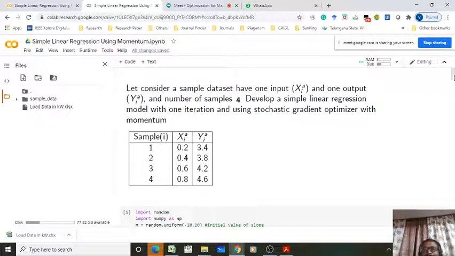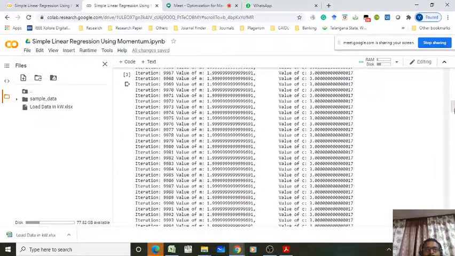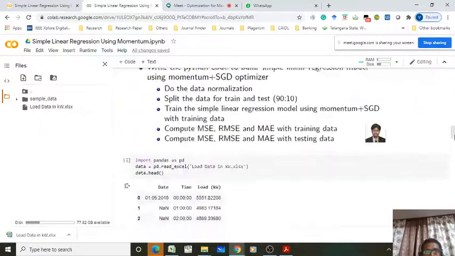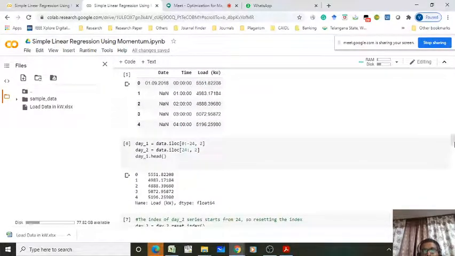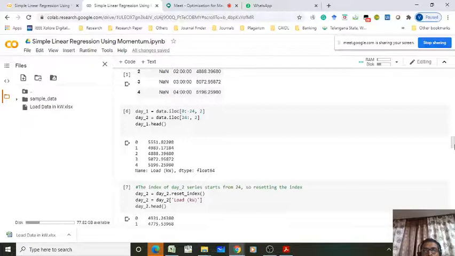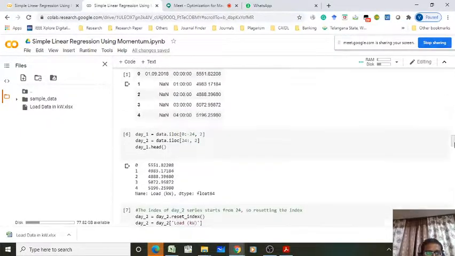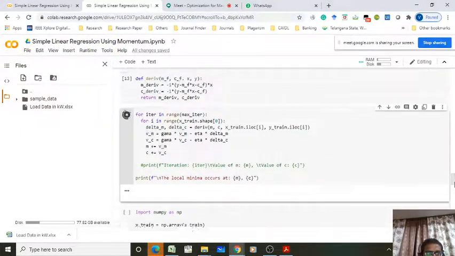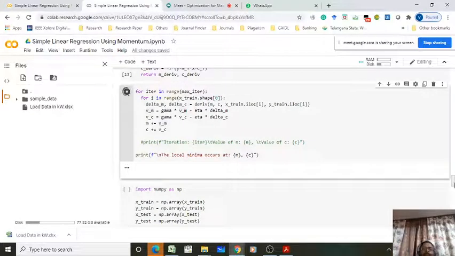Because you are working on a simple linear regression model and the data points are also on the line, it will fit. But in real time, don't expect that, because your data will not be on the same line, not that linear. It will be non-linear, right? Many points are out of the line. But I am explaining this to understand how we can write an optimization algorithm in Python.